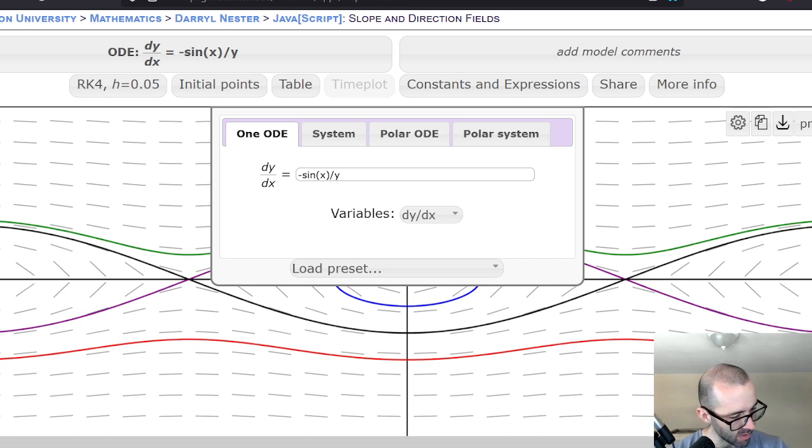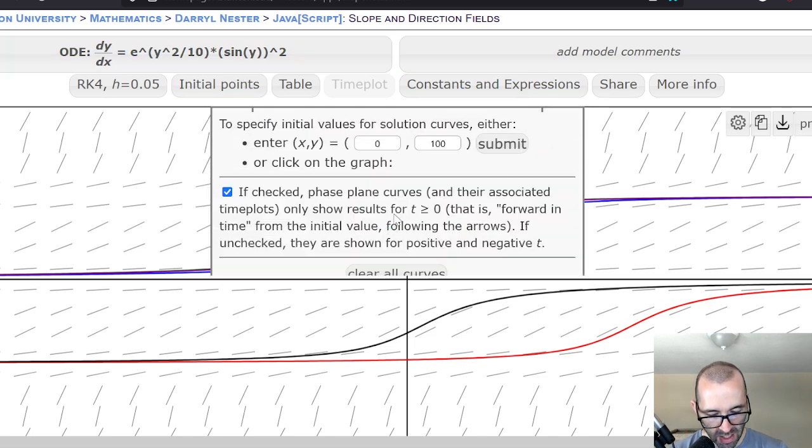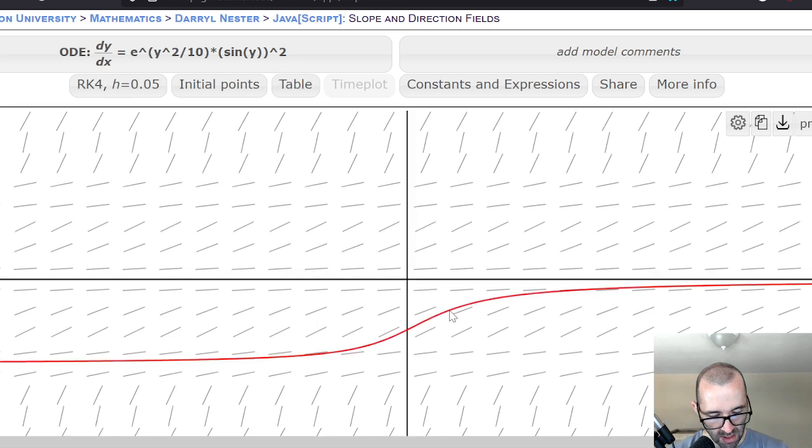Let's type in our differential equation. We are using y's here. So let's say, all right, that was e raised to the y squared over 10 times sine of y squared. And lo and behold, what do we have? Let me clear these curves. You can again see,